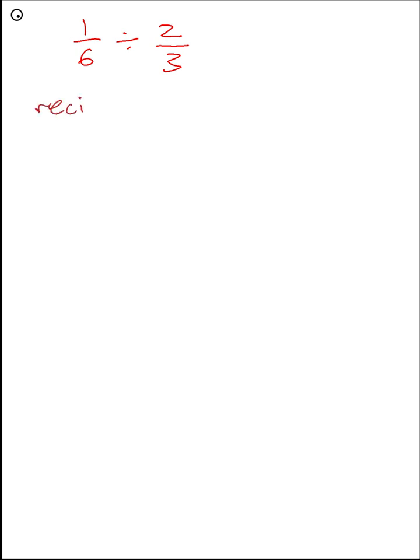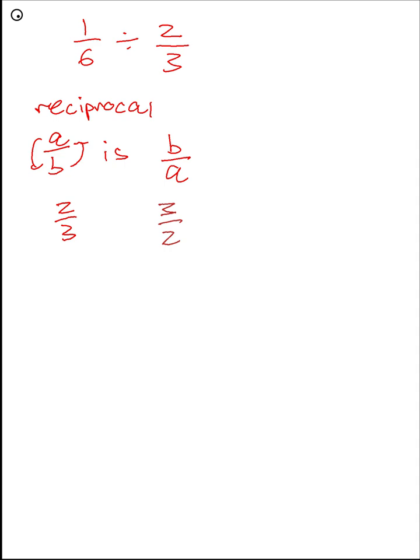The reciprocal of a fraction a over b is b over a. All you're doing is just switching the two spots. So for example, 2 over 3 would have a reciprocal of 3 over 2. So now, following this logic, if you have 1/6 divided by 2 over 3, you would make this 1/6 times